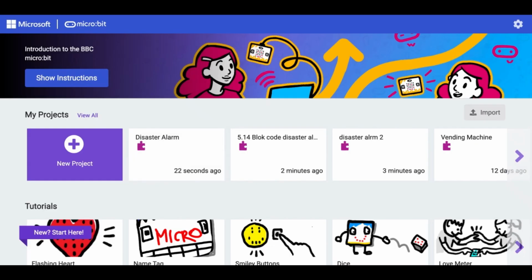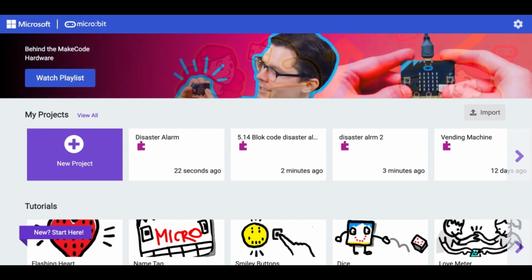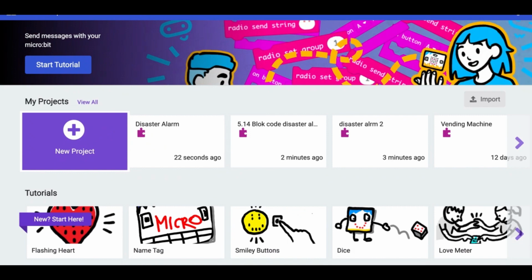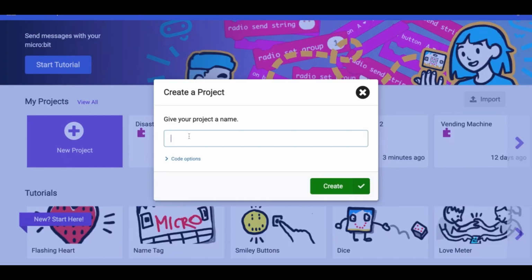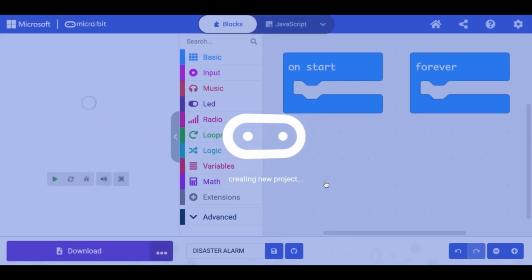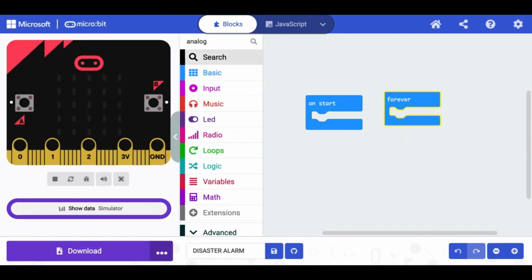Okay guys, to get here, we must search for microbit.org like this. Okay, and then we click new project to make the disaster alarm project, and then we give the name first, disaster, and then after this we click create to compile the program. Okay guys, so in here,